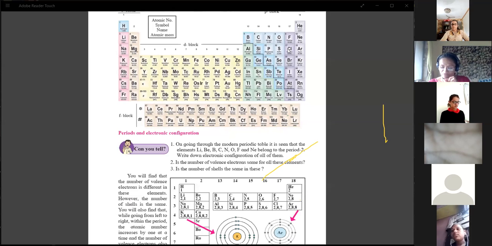Now collect the information you have to give, that is the inert gas elements. Which are the inert gas elements? We have now discussed the halogens. These are the halogen family in the 17th group. Now which are the inert gases? The noble gas elements.